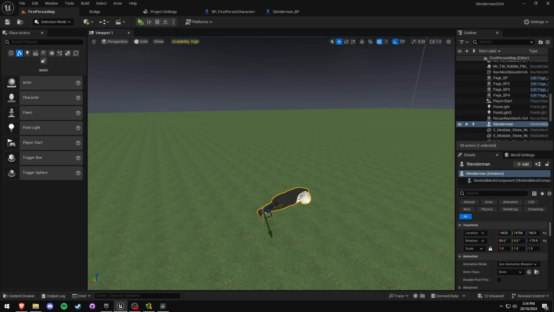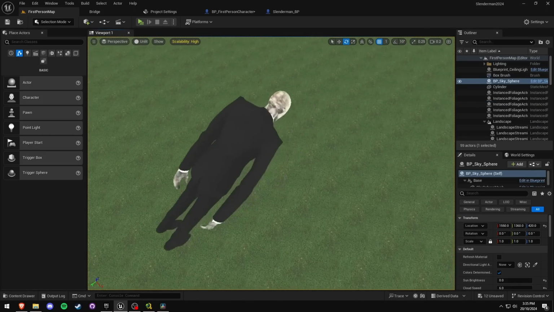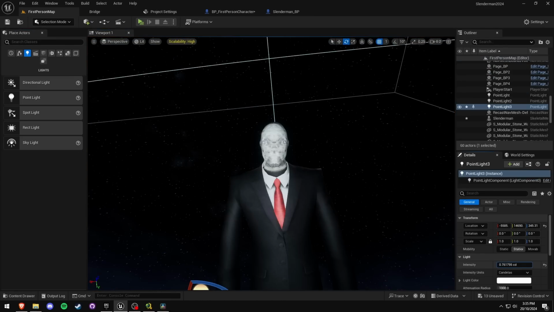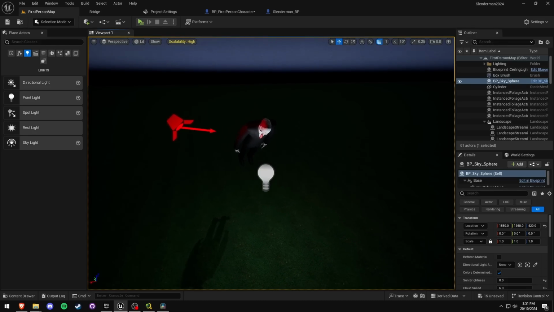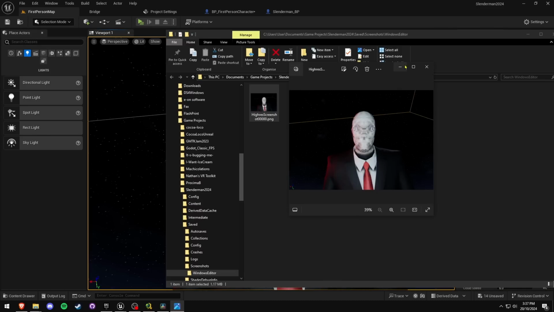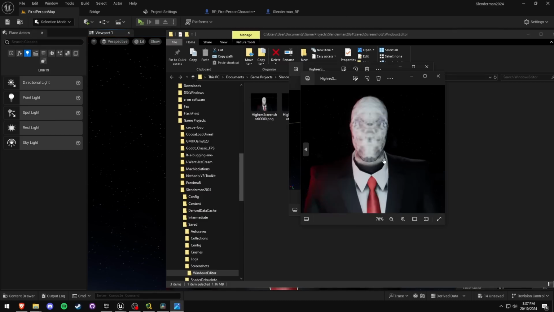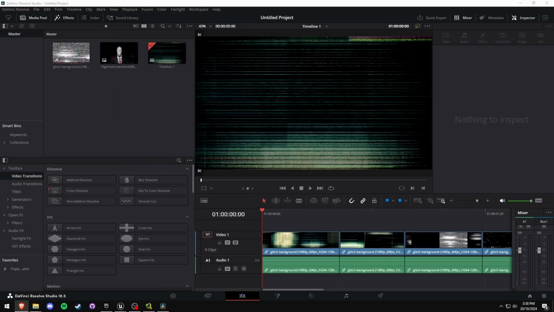I thought the best way to get a screenshot of the Slender Man as well was to have it within the editor. So I just grabbed the Slender mesh, had him facing up towards the sky, added a red spotlight to highlight his silhouette, and then set up the post-processing and general lighting, and then simply took a screenshot of it. Once I was happy with the screenshot, I took it over into DaVinci Resolve along with some of the